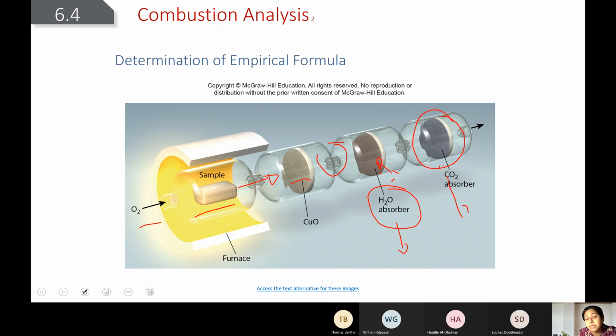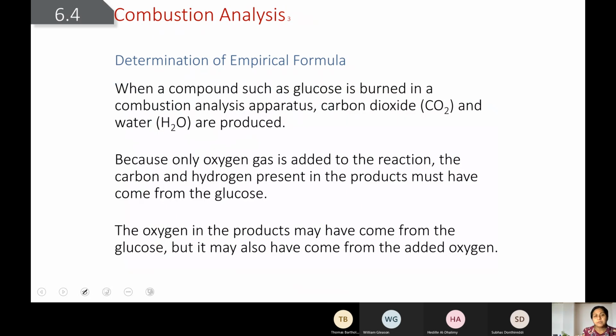The differences of these masses will let us calculate the masses of the H2O and the carbon dioxide. I just explained the method of this combustion analysis, or what's going on during a combustion analysis. All right. Okay, here is an example of how the empirical formula